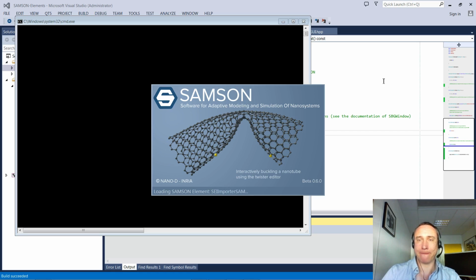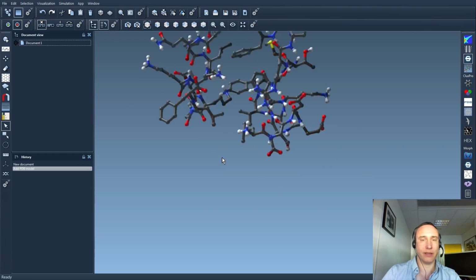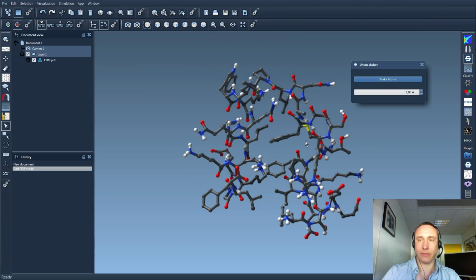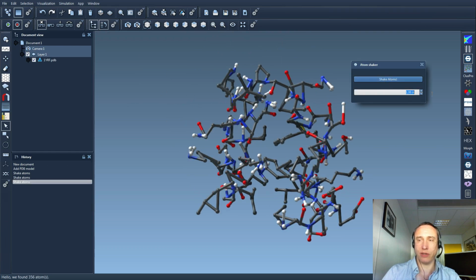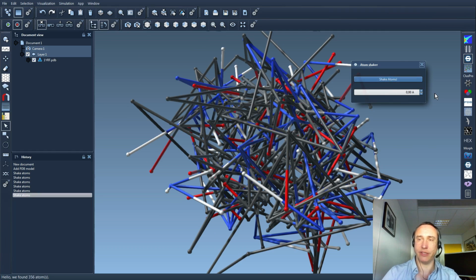Okay, so let's try again with the same protein, the villain headpiece. Okay, let's shakeAtoms with 1, let's shakeAtoms with 10. Okay, and let's shakeAtoms with 0. Nothing happens. Okay, so what I would like to do now is modify my code so that the user can